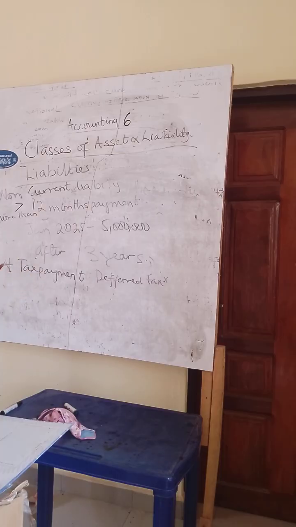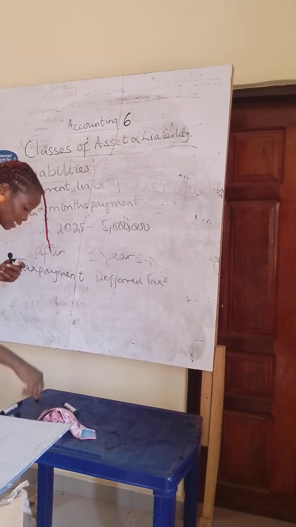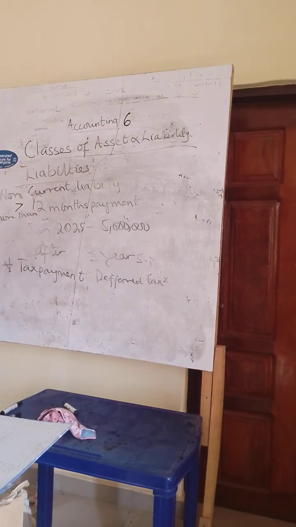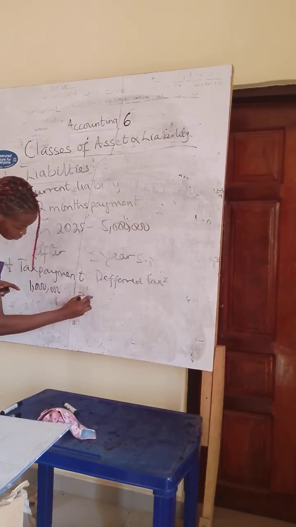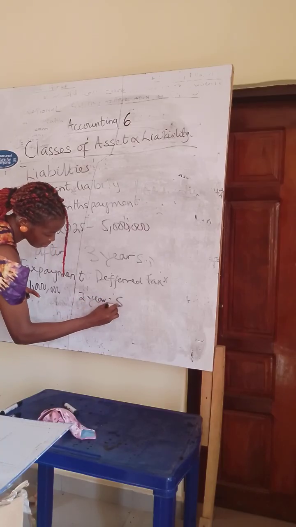Or you're owing them. You can also owe your staff. When people owe their staff for one reason or the other, businesses might not be doing as well as you expect them to do. And staffs have worked for you. You had an agreement to pay them. And then unfortunately, the business did not do like you expected. You have an agreement with them and say, Mr. A, Mr. B, I agree, I owe you 10 million naira or 1 million naira, the case may be, but I'll pay you this money in 2 years' time. You can have salary that you're owing,